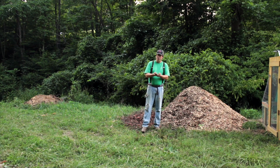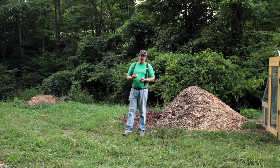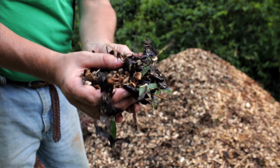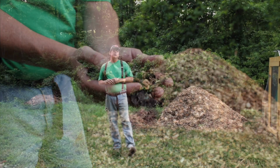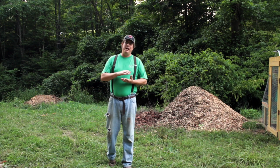That fresh wood chips, when they're put on the ground, as they're starting to decay, actually extract nitrogen from the soil. So that can be an issue. If you put fresh wood chips on your plants, then you could actually be robbing them of nitrogen. But what I've read and what I've discovered is if your chips have had some time to decay, that's why